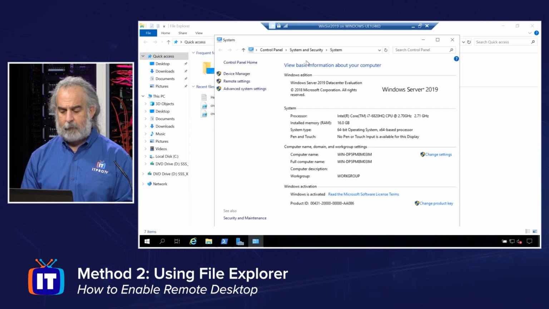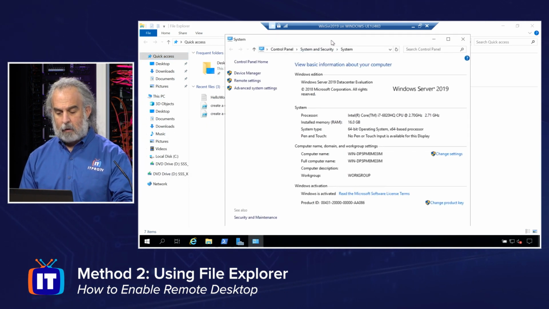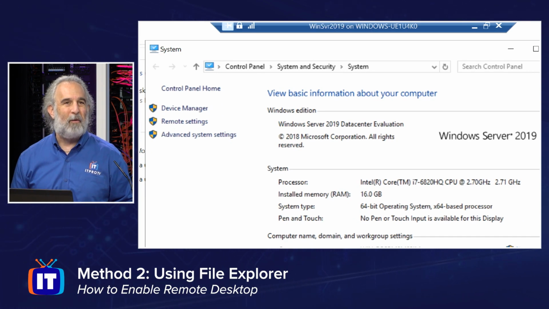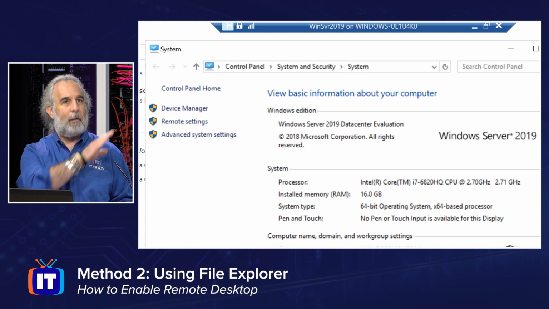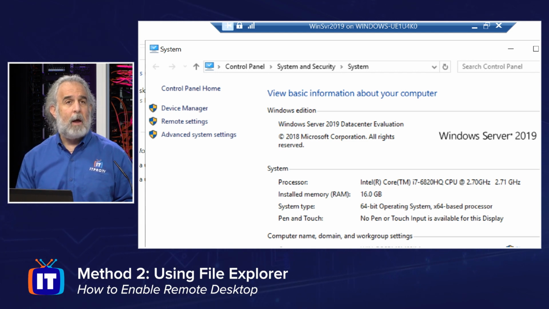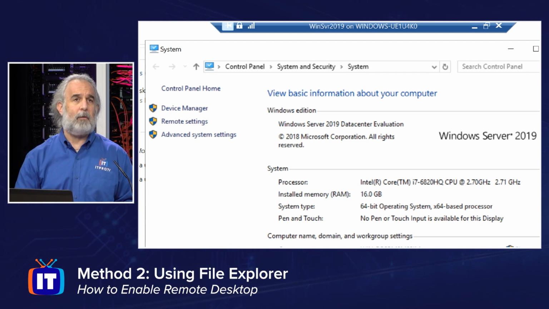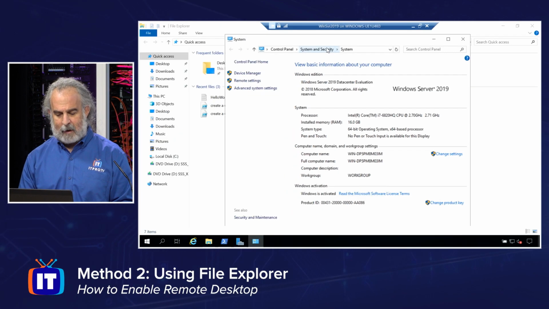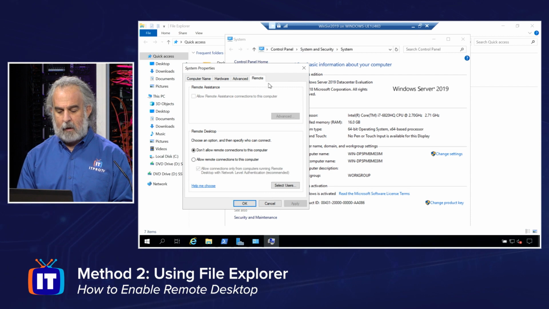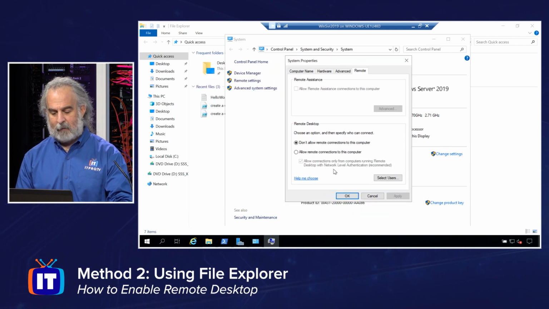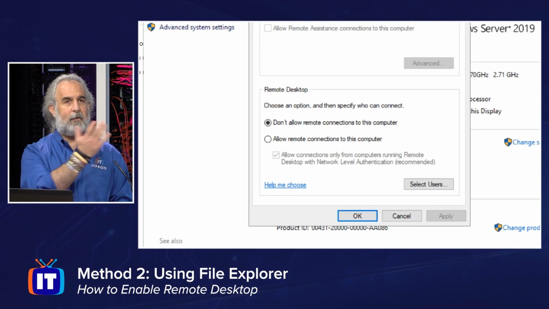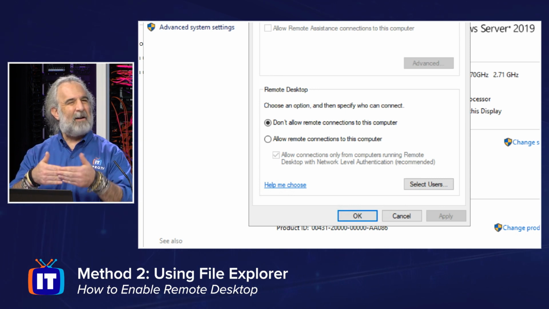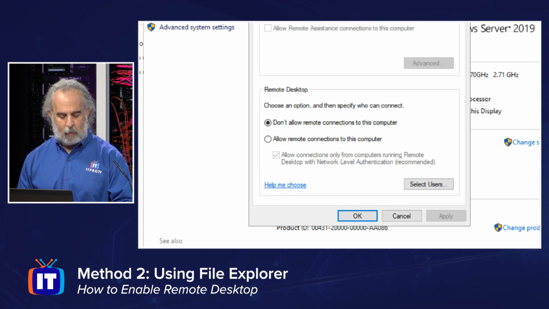When I go to Properties, I'm going to get our Control Panel, System and Security, System view. Those of you that have been working with Windows for some time are going to be probably more familiar with this view. And right in here, in the middle between Device Manager and Advanced System Settings, I go to Remote Settings. I can actually get to the same place, and I have the same exact area where I can set Remote Desktop up that I get to if I go through the Server Manager. So it's just a matter of where the shortcut points and how we set it up.